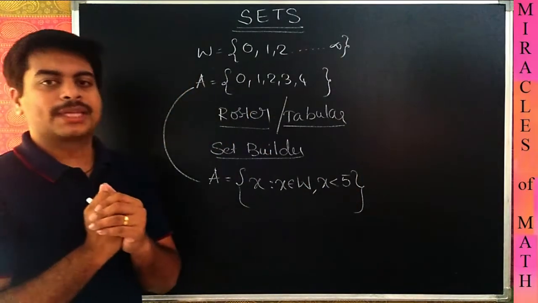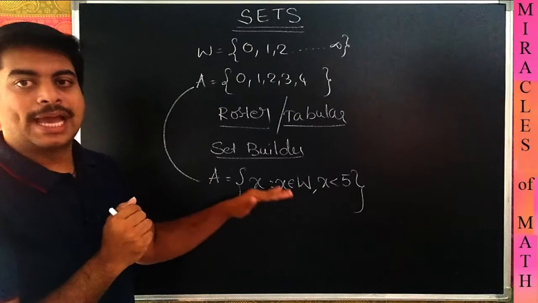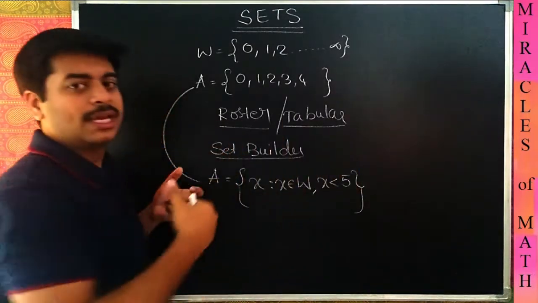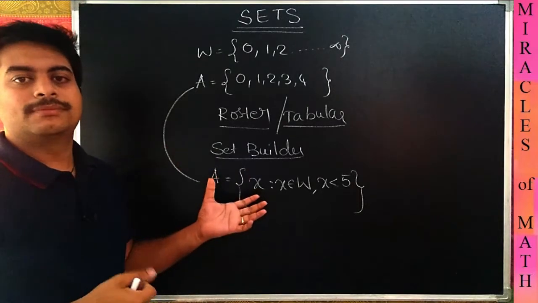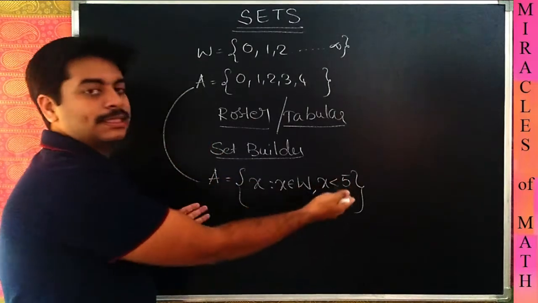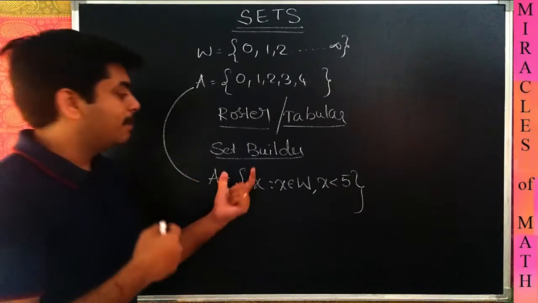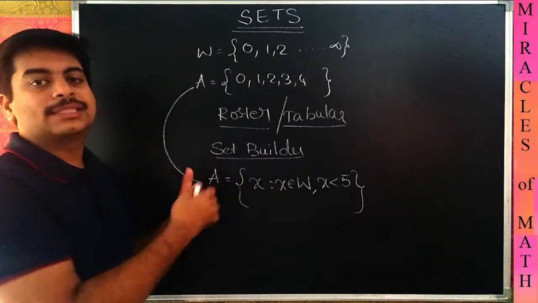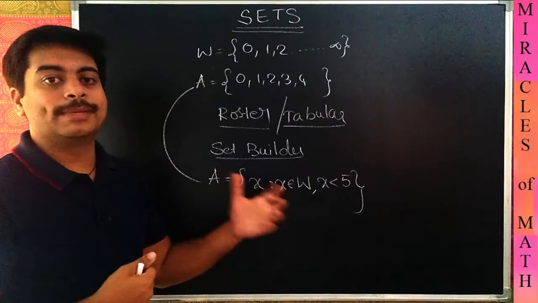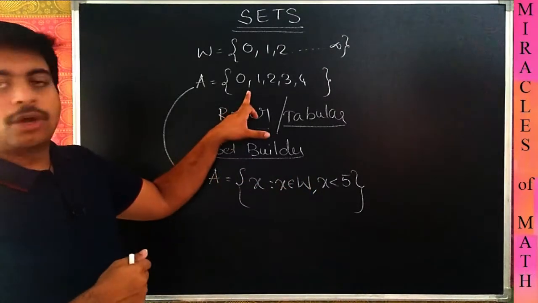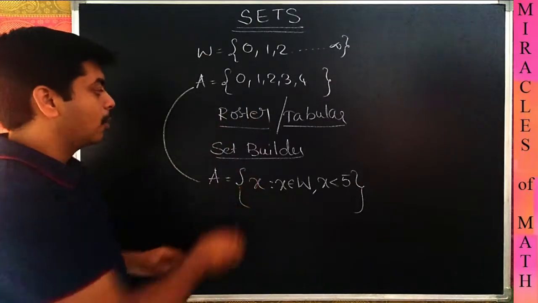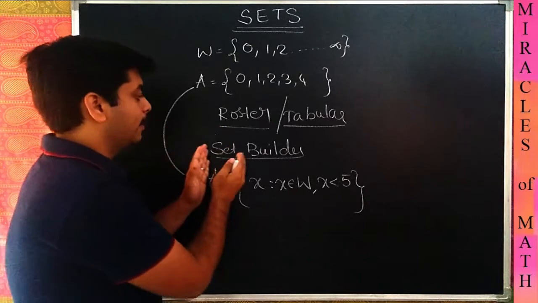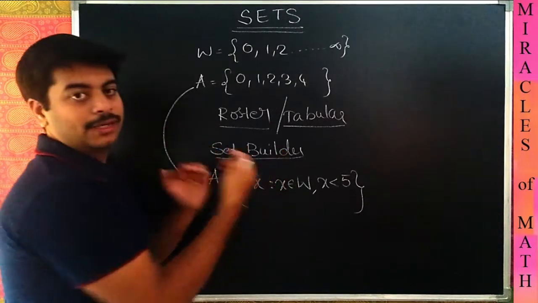Now tell me, as soon as you see this type of representation, can you tell what are the elements in that? Just by seeing we cannot say. The elements are not listed here. But understanding the mathematical meaning behind that, we are able to list out the elements. That listing is called roster form, and this form is called set builder form. So the name itself says set builder form. From the given information, we need to build the required set.